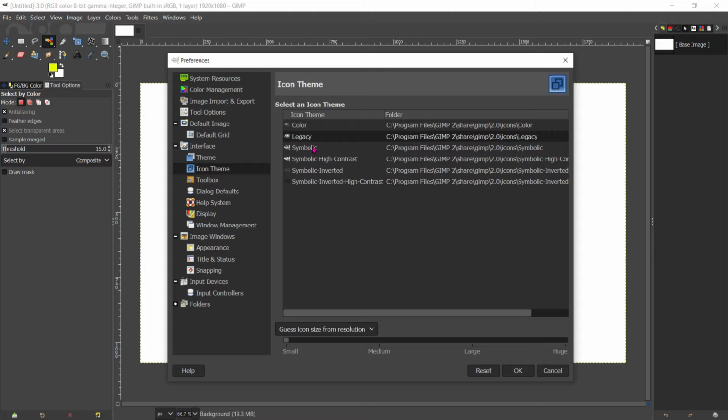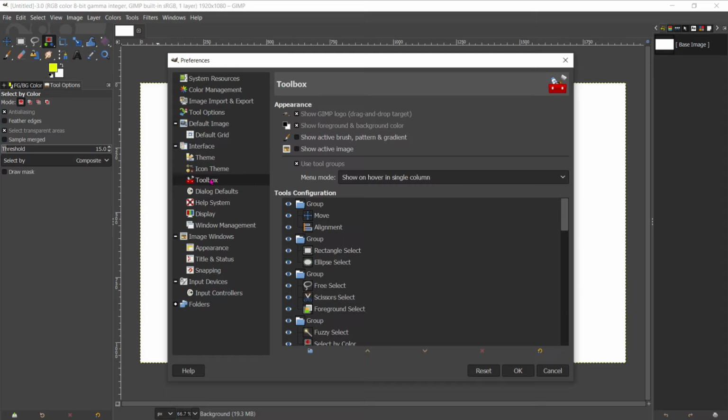Again, if I move to symbolic, you can see the changes here. Symbolic high contrast. So you can check all the options, and whichever option you like, you can continue with that. I am using the color one for a better look and feel.